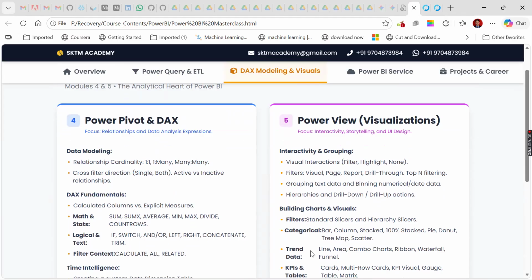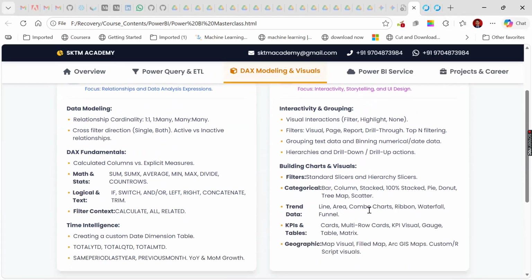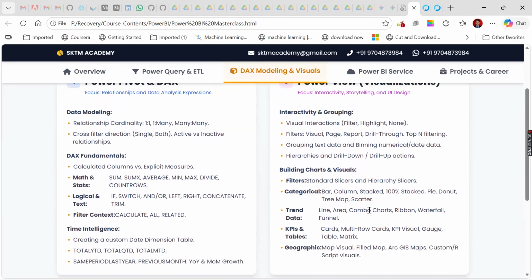Plus data modeling in Power BI, like how to create a data model by leveraging the different data sources which we uploaded, and how to create relationships between them, we should also know. All this will be covered as part of the DAX language and Power Pivot. And Power View is where we start building the visualizations with different charts.